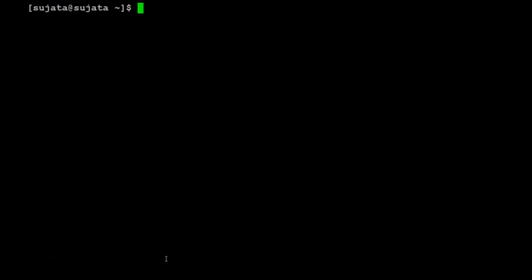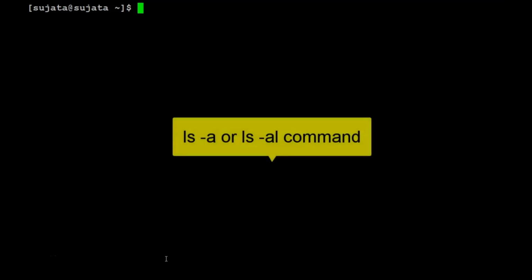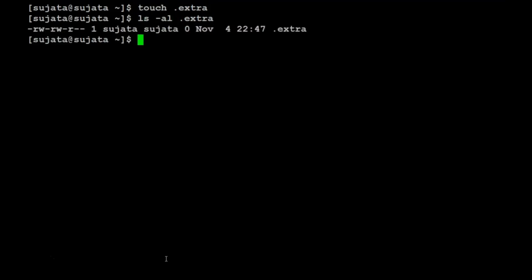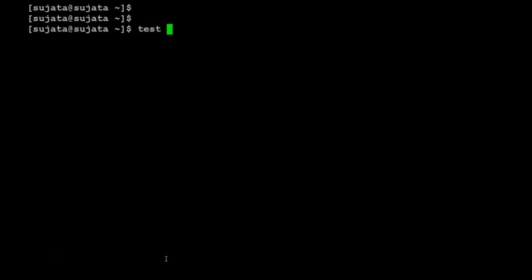Create a hidden file called .extra. Note, hidden files can be seen using the ls -a command. The file exists. Now for the test expression, clear the screen. Test -e ~/.extra